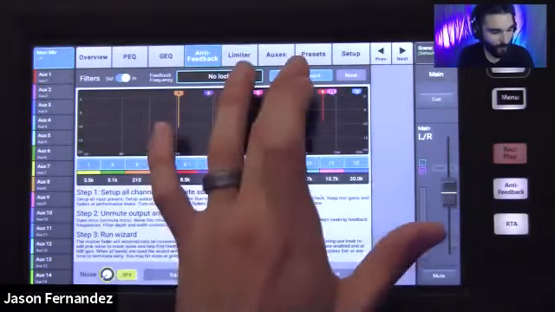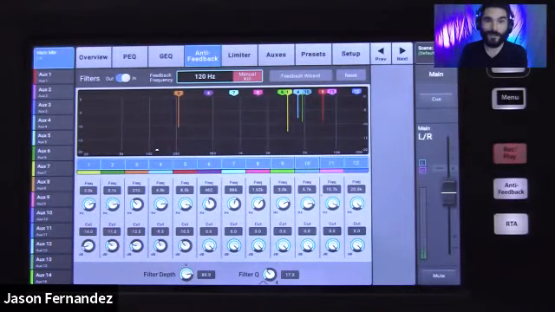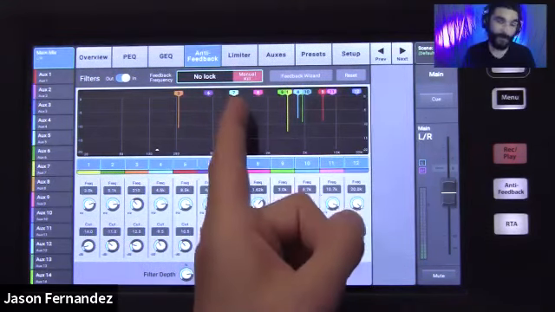Okay, so I've rung out my room now, and now my event is going. The acoustics in the venue have changed a little bit. There's a bunch of people in there now. The band is on stage and they're getting into it. So it is possible, even after running the initial stabilization process, for feedback to creep up every now and then, depending on what's going on. In that instance, that's when you come in here and use your manual kill.